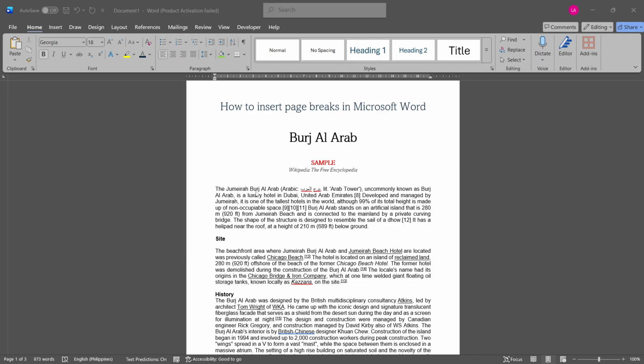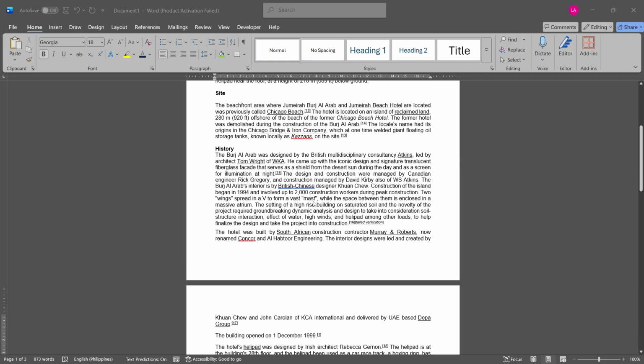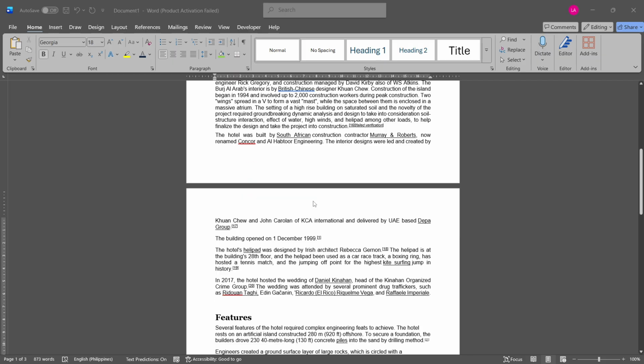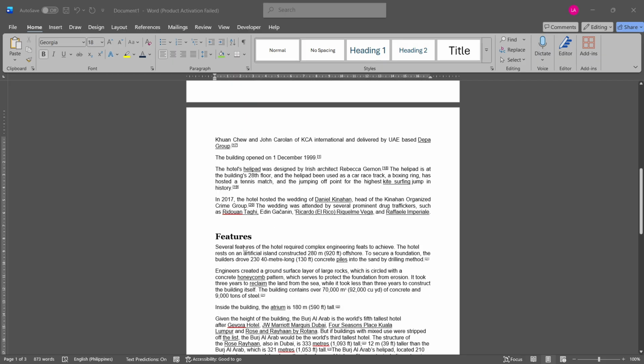First things first, you need to place the cursor at the exact spot where you want your new page to begin. Imagine you're writing a novel or a report, and you want to start a new chapter or a new section on a clean page. You'll want to position your cursor precisely where the content for this new page should commence. It's similar to telling your document, "Hey, start the next page here." This cursor placement is crucial because everything after it will get shifted onto the new page once we insert the